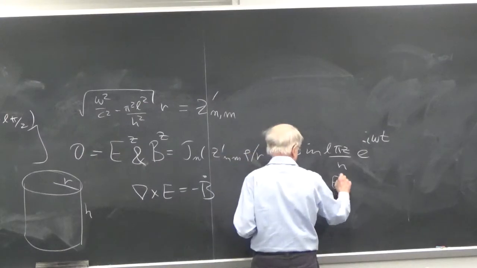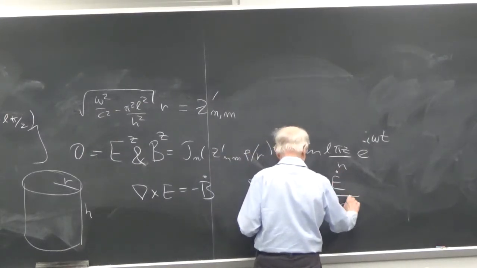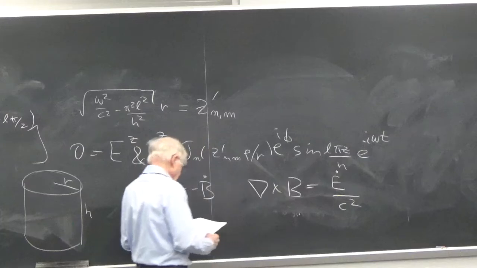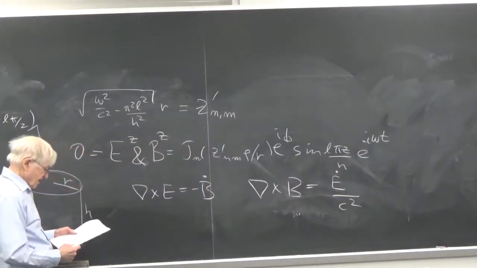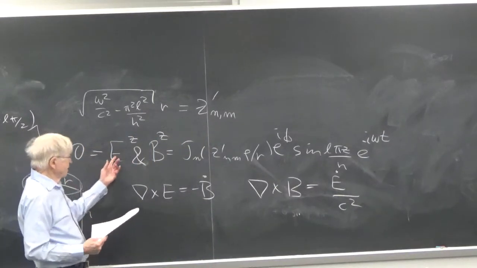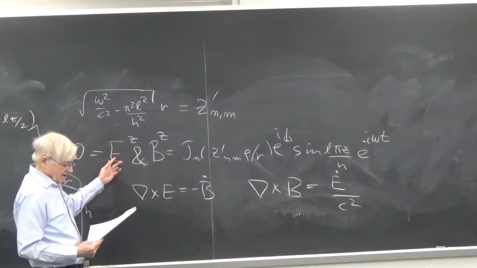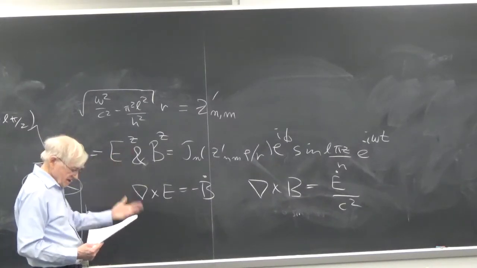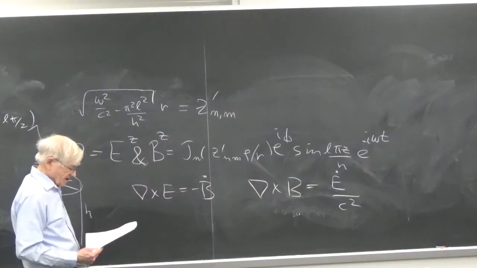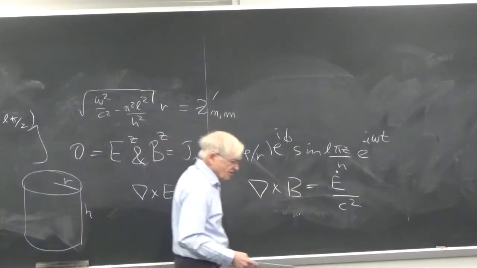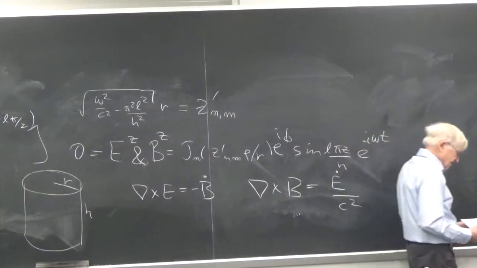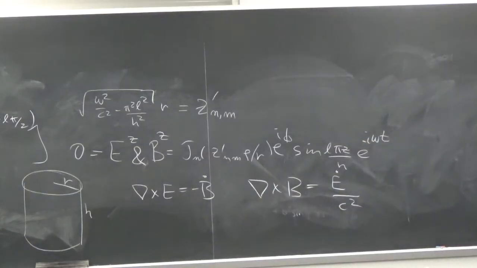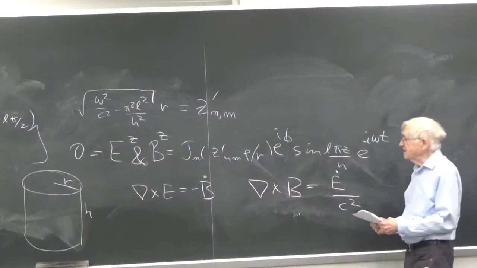Once again, we have a TE field, so the Z component of E is 0, and so E automatically satisfies the boundary conditions. So the only thing we need to worry about is B